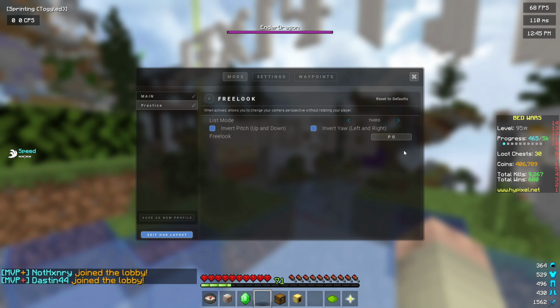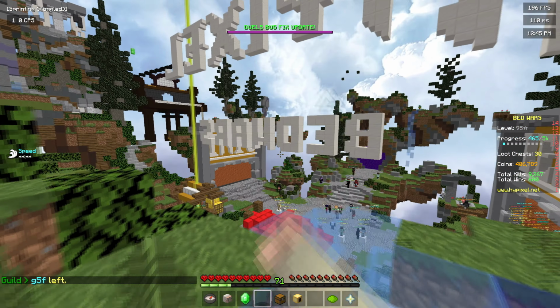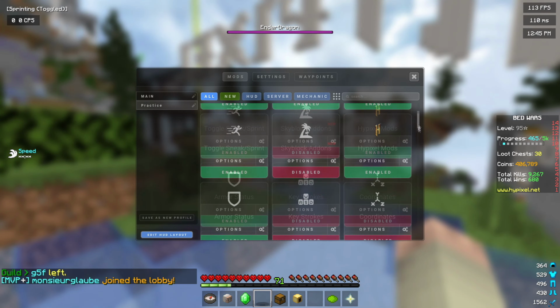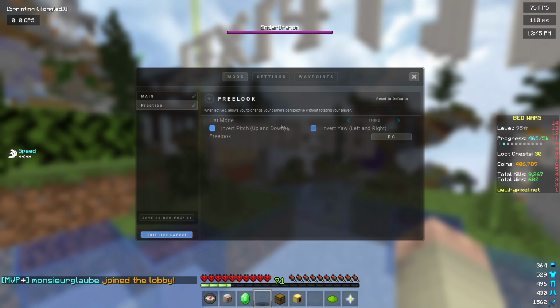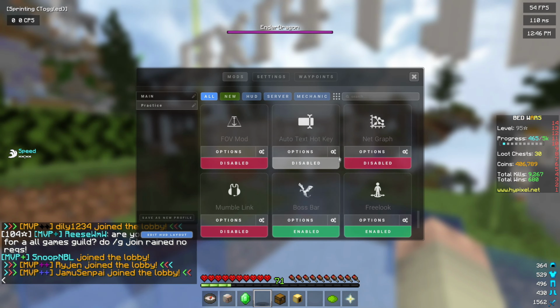And then of course free look here, pretty important. I have this binded to a button on my mouse, so I can just click it whenever I want to use free look, and it's pretty handy. I do use that a lot in Bed Wars games, so it's quite a useful mod here. Everything else is kind of just random. There are options. Auto text hotkey can be useful,